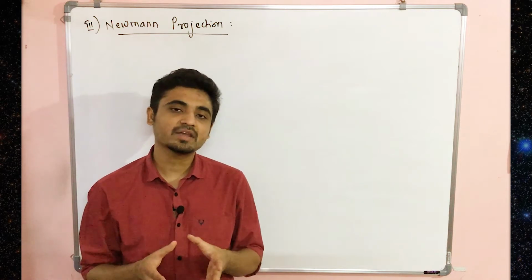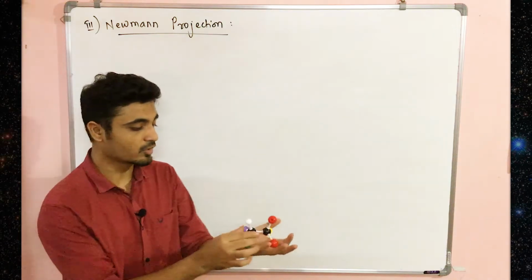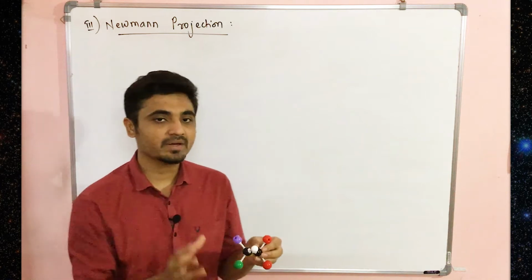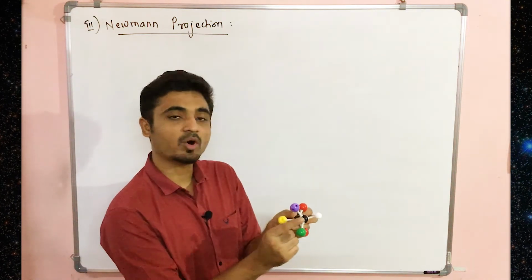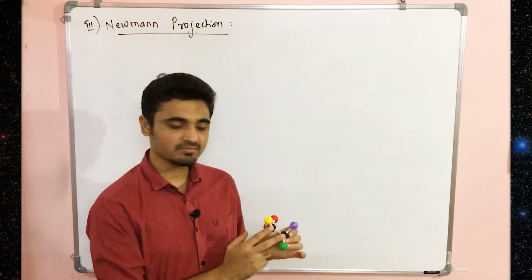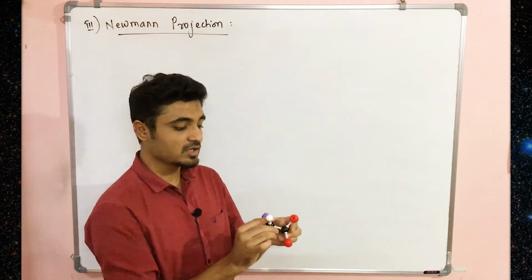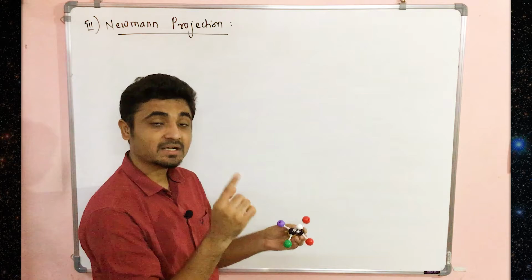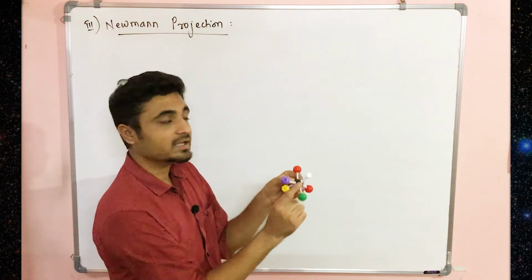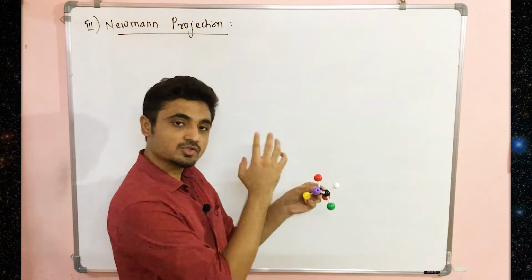Now let's see how we can understand Newman projection. Let's take one example. Suppose this is that compound. If you have to make a Newman projection, you have to choose one bond between any two carbon atoms. This compound contains only two carbon atoms, so there is this bond between those two. To get the Newman projection, you have to again project this compound, but now you are viewing right along this bond. Meaning, to make a Newman projection, you have to view it along the carbon-carbon bond which you want to draw.